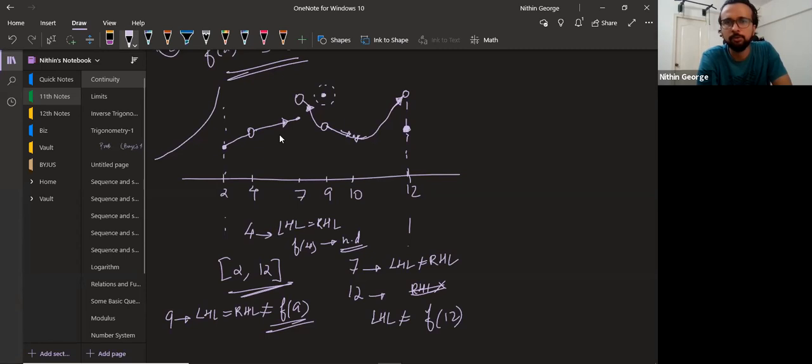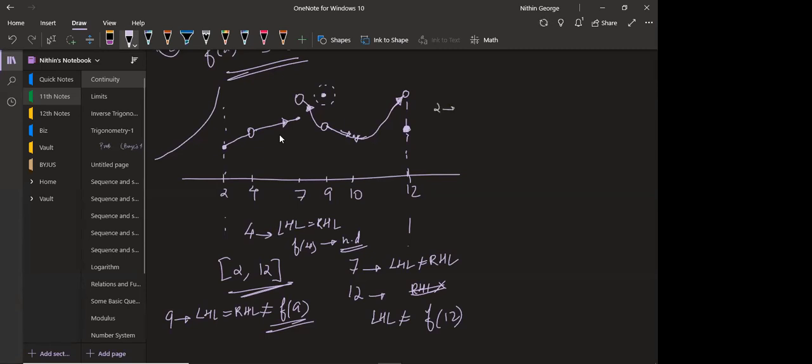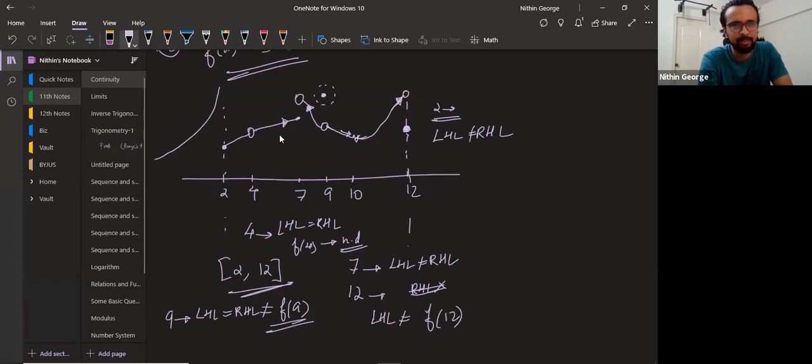Now, at the point 2, discontinuous. Why is it discontinuous? LHL is not equal to RHL, or you can say directly LHL is going towards infinity. You can say the limit does not exist. That is a good enough reason. If you see one thing go towards infinity, you know that when you're going towards infinity means you're not crossing that value of x. You're simply going above on the y-axis. You won't have time to remove your hand and draw. So you can directly say it's discontinuous there.